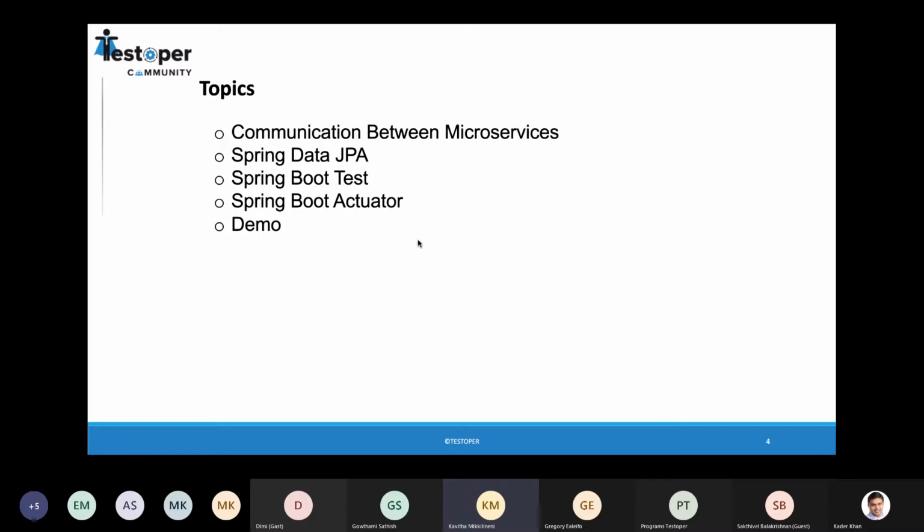So going ahead, we'll see how two microservices communicate between each other. And then we'll see how to handle the Spring Data JPA, that is, talking to the database and doing some transactions, and how to unit test our code using the Spring Boot test framework. We'll do actuator next week, and I'll show you a demo also in parallel.